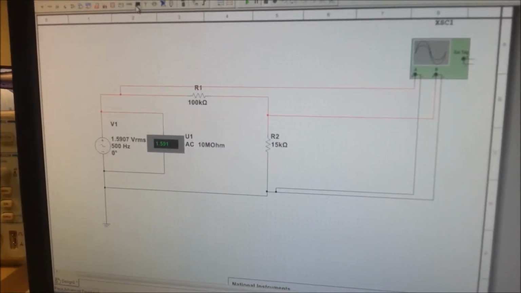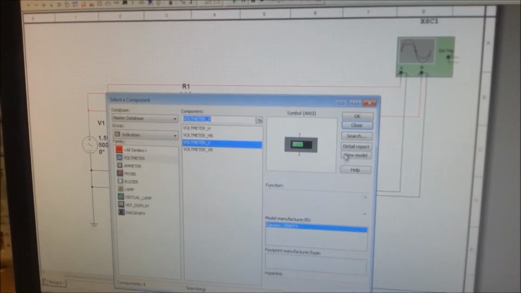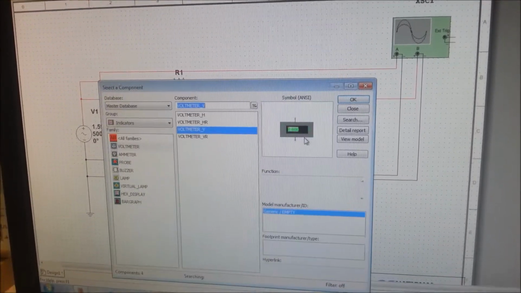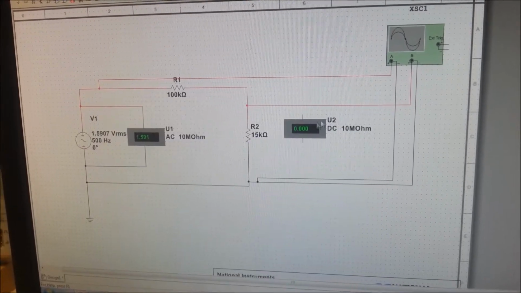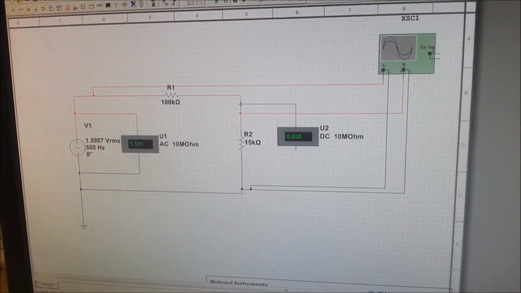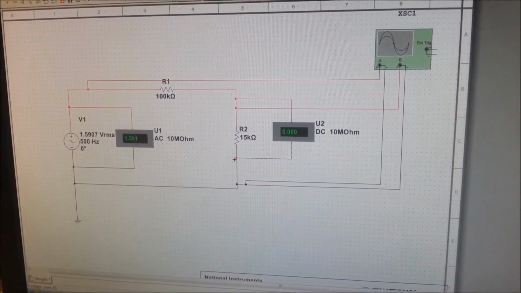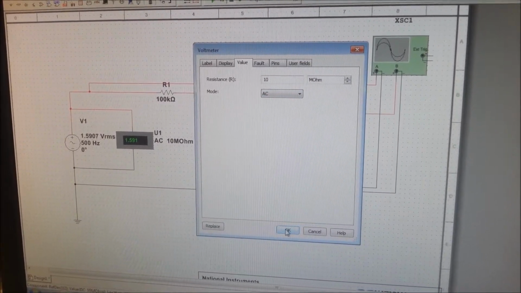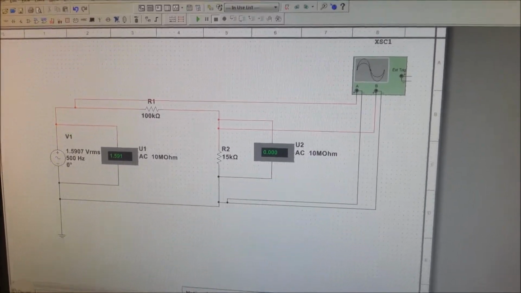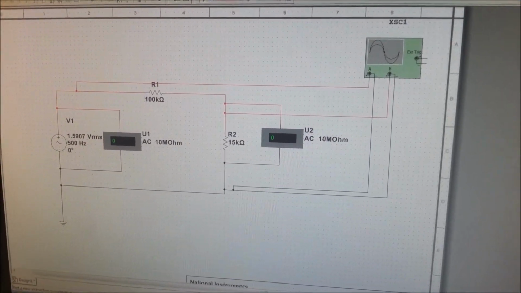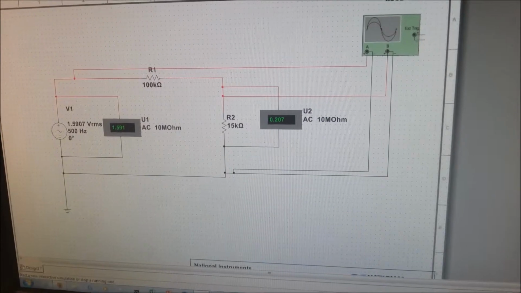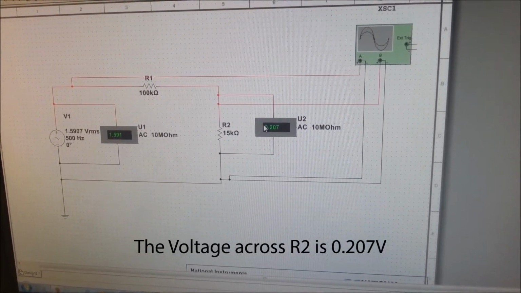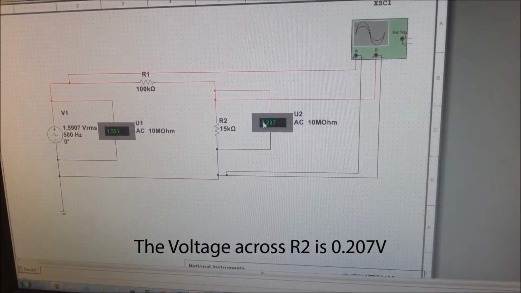Hello guys, it's Arturo and I'm going to show you how you measure your voltage across R2. So we select our voltmeter, our vertical voltmeter, plug in our positive to our positive and the negative into negative. Make sure you have your AC selected. Start your simulation, give it a few moments to come up with an answer, and you can see clearly there that the voltage across R2 is 0.207 volts,